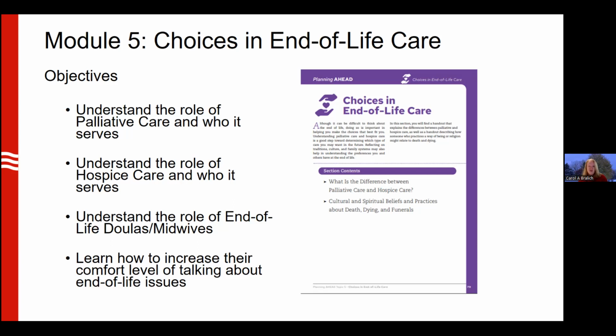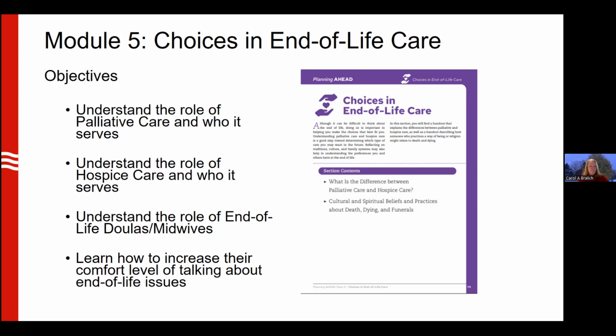So into doing this, there's a chart in the workbook where we give an overview of a variety of beliefs and practices that really may affect your choices about death, dying, and funerals. So it's not every religious belief or every cultural representation on this chart, but just gives an idea of those differences, and to bring, again, that awareness to that. So for example, many people believe that the Catholic Church did not approve of cremation. Well, that may have been true at one point. Now, as long as the majority of the ashes are buried in a blessed cemetery, it is approved. So you're going to see some of those pieces laid out, and it offers some conversation points, I guess, that you can start with your family and